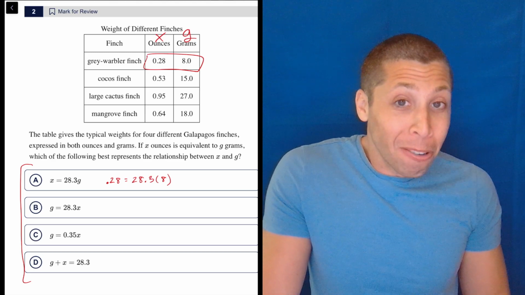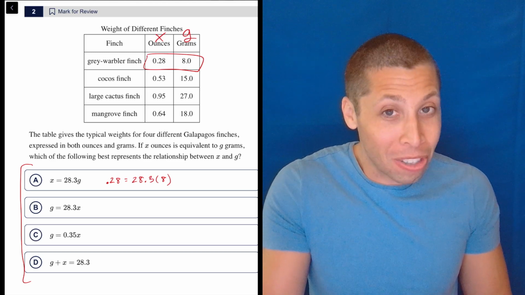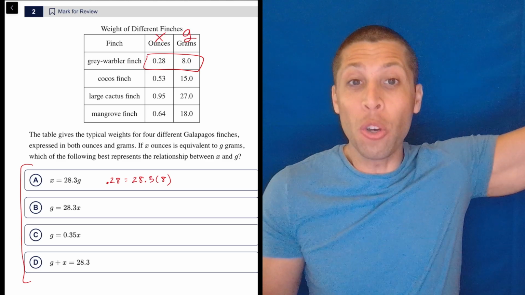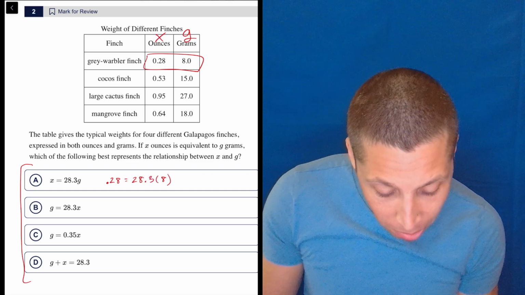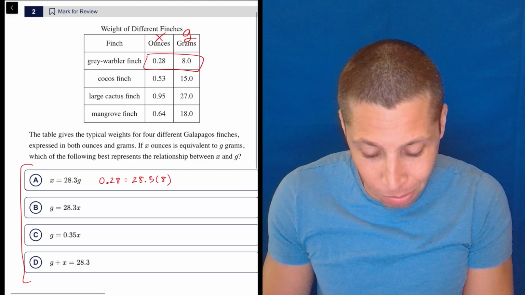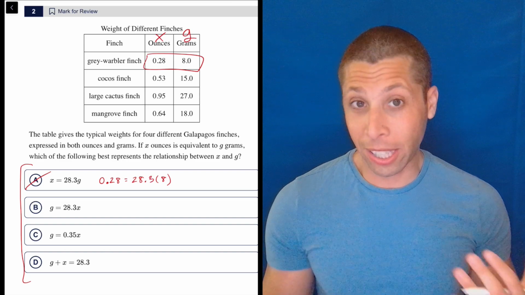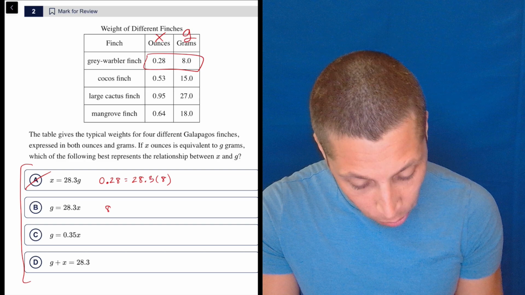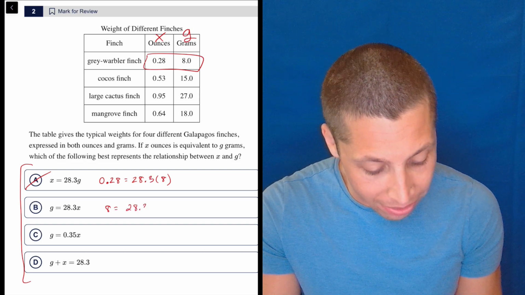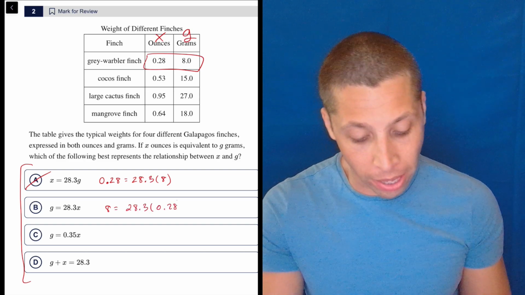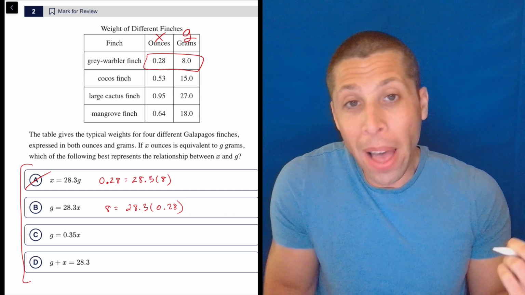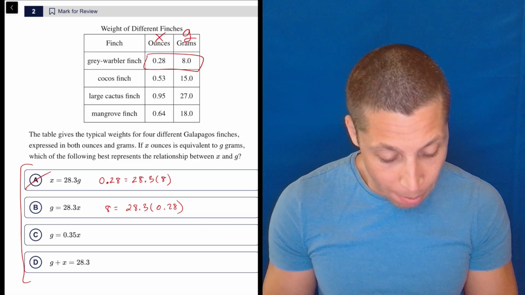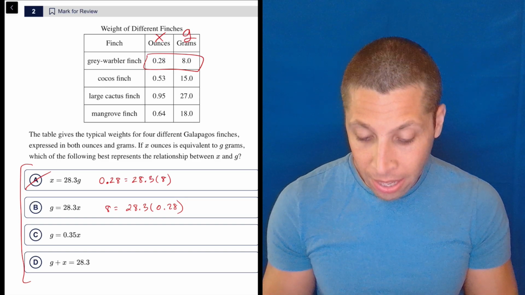I can put that in my calculator, but also the benefit of this is sometimes you can just estimate things and it's obviously wrong. I know that 8 times 28 is some huge number, not some really small 0.28 number. So that doesn't even make sense. So what I can just do now is continue down the line, right? So if I switch to choice B, that's 8 is equal to 28.3 times 0.28, right? So the X and the G have switched. Now that one I'm not going to do in my head, but I have a calculator. Even a simple handheld will do. So 28.3 times 0.28 is